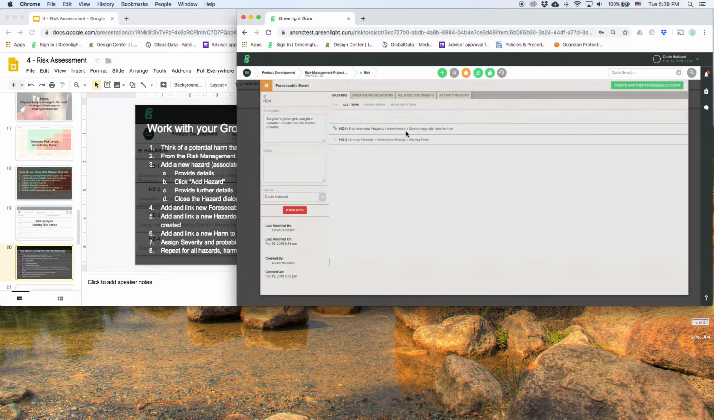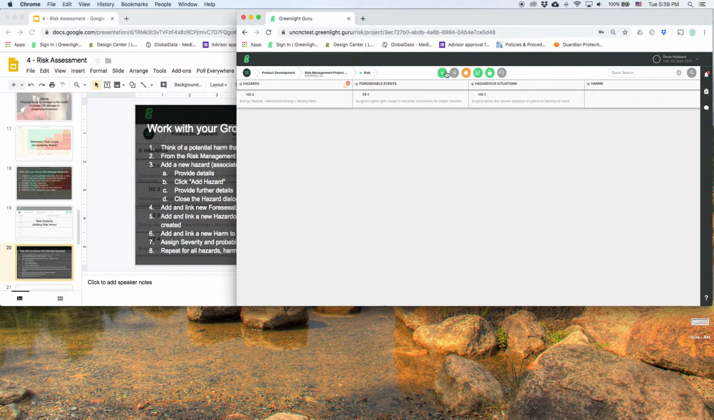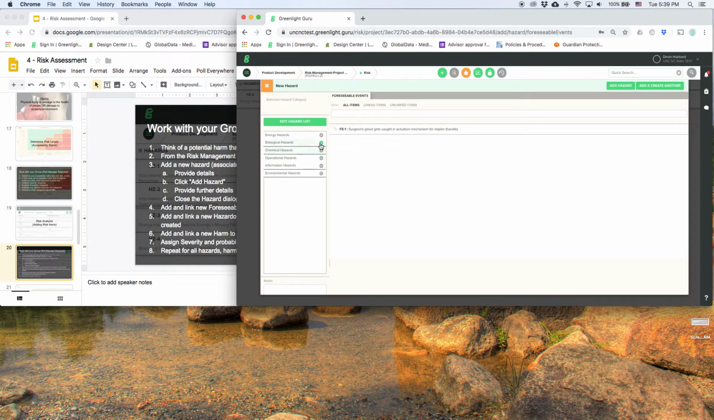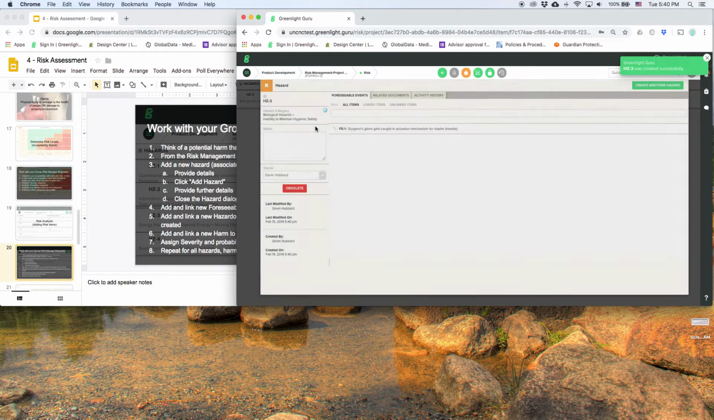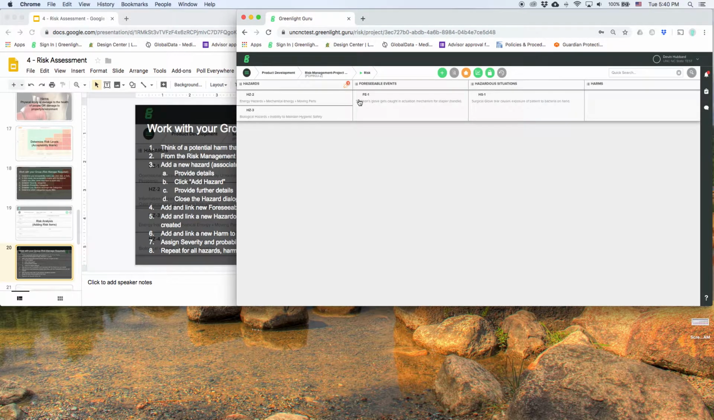And I'm going to click on this foreseeable event, go to the hazards, and link the energy hazards mechanical. So now you'll see it show up here. I'm also going to create another hazard because this one is actually also a biological hazard. We'll call this biocontamination. It might actually be considered inability to maintain hygienic safety. Let's leave it as that. So we'll add that hazard as well. I'm going to go ahead and link this to the surgeon's glove getting caught. Now you can see that there are two hazards associated with this sequence of